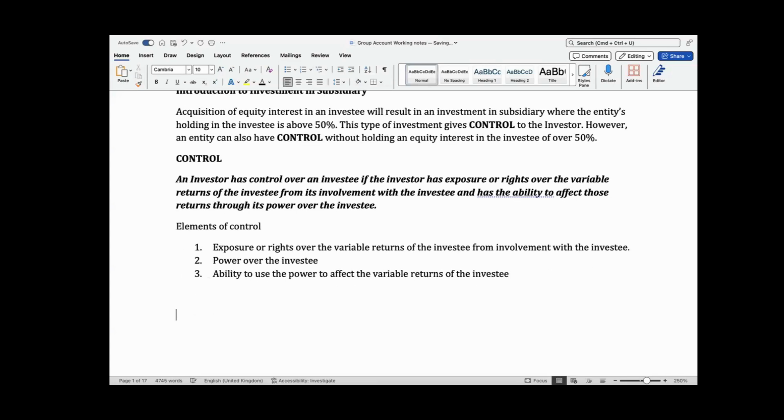If I want to break down this element of control further, then I think it makes sense to start with this power. Because yes, you have a right to variable returns from involving with them, from the fact that you have shares in them. But from what I'm seeing here, the fact that you can affect that return is because of your power. What's that power? So this power, we can say this is the existing rights